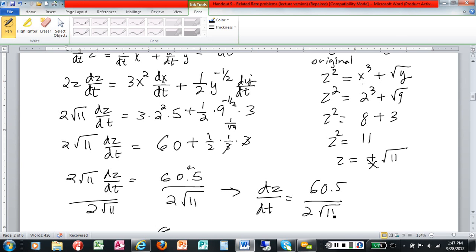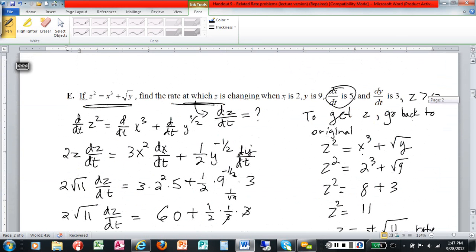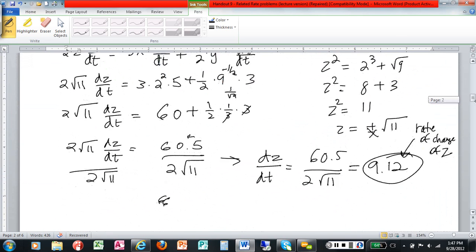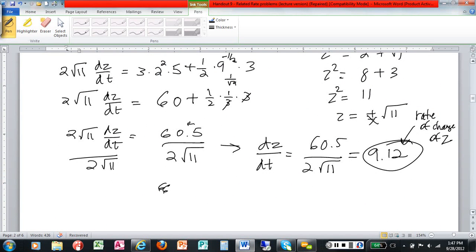So 9.12, 2 decimal places. Okay? So the rate of change of z for these particular values. That's what we were looking for. We wanted the rate of change of z when x is 2. All right. So that's my rate of change of z. Okay? All right. Well, let's